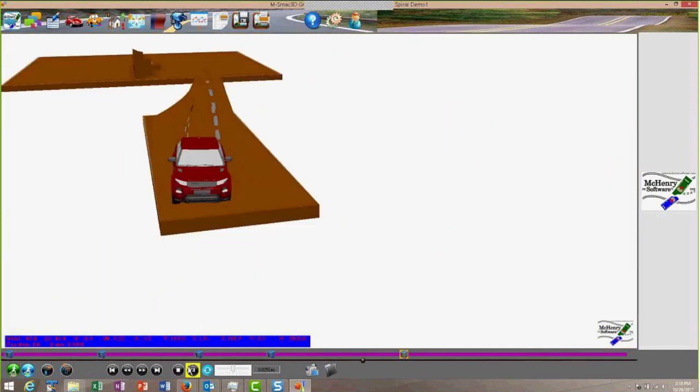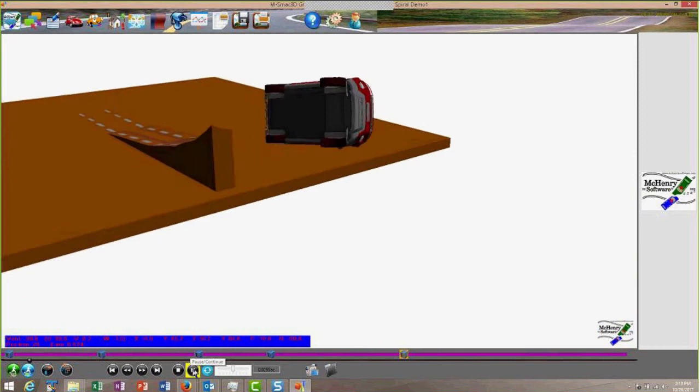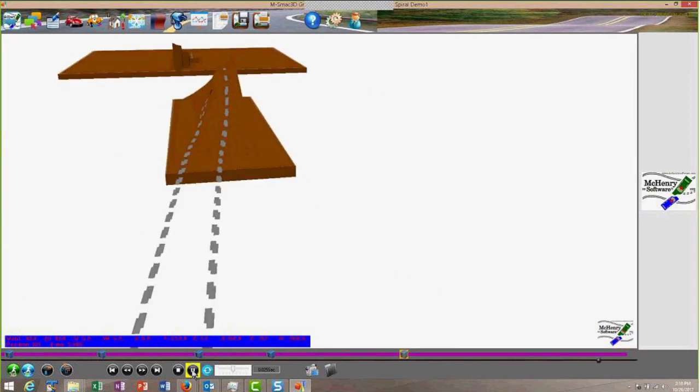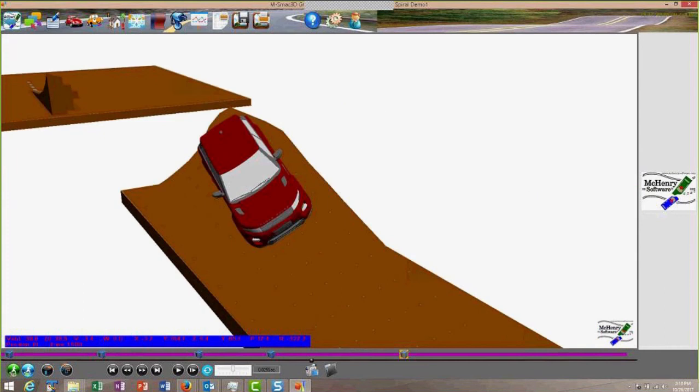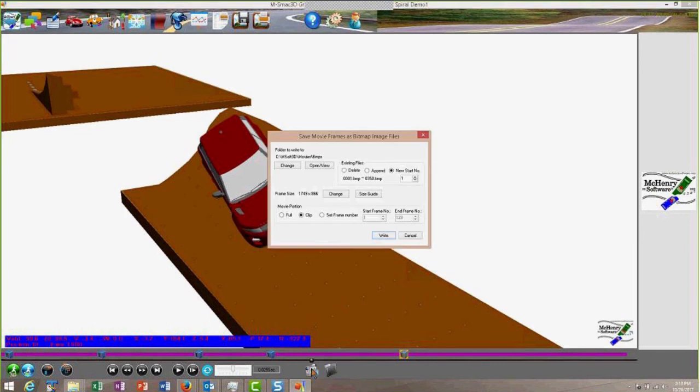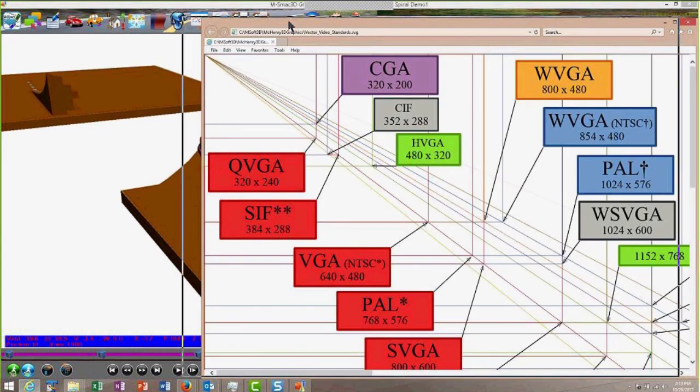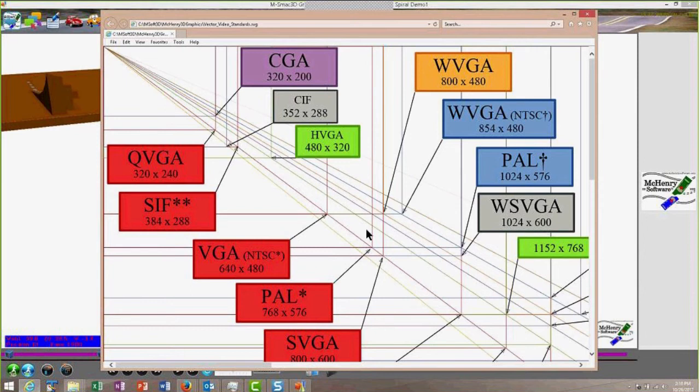Then the point I was going to make is then, let's say you need to have a client, and you don't want to drag your computer, and you just like to show a video or something, or just send to a client of what's happening. Down here on the bottom, you notice there's a save frames to bitmap files, and then there is a write movie. So with the same save frames to bitmaps, you can change the size too, and there's a size guide here that talks about the different sizes and which are best for whatever your purpose is. If you're going to do it up to YouTube, I think that 1152 by 768 is the size we use. But you may have a particular